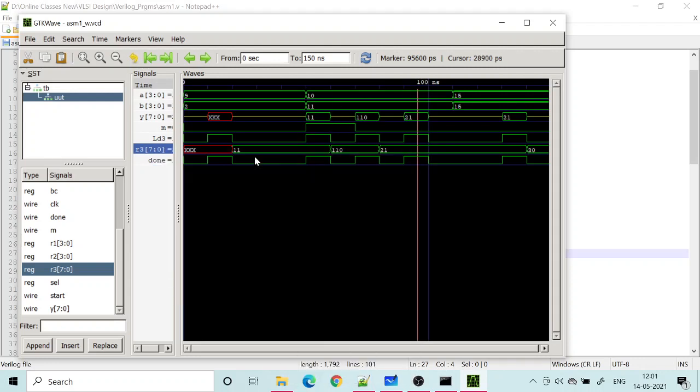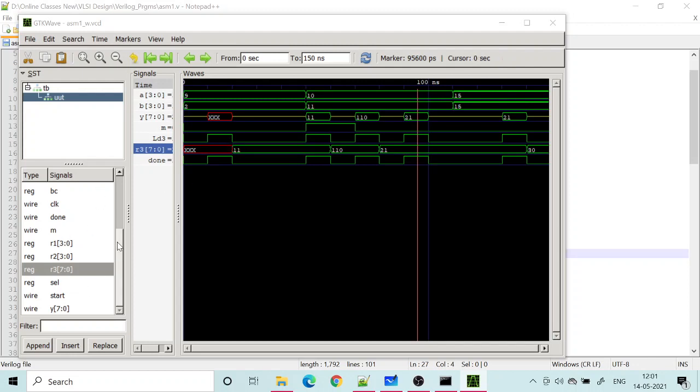You can see LD3 is high here, and we are supposed to load the result into R3, but the multiplication and the addition take some time to get the new result. When the new result arrives, it has to be entered into R3, but that actually happens when LD3 is high and the clock signal is coming.